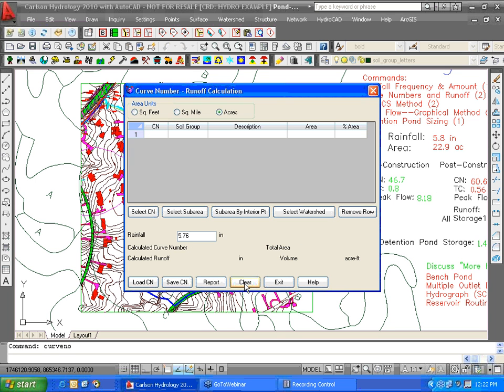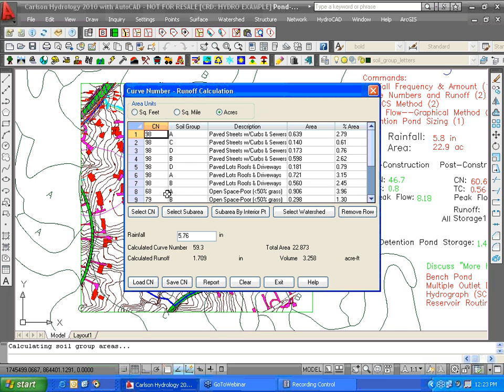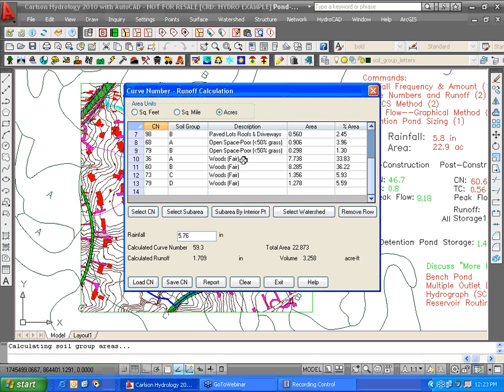So we clear what's there and then do a much more automatic thing than the one-by-one interior point pick. We do the select watershed approach. We hit select watershed, look at the command line, perimeter or interior. I hit enter for perimeter and perimeter watershed. It calcs, it's doing all this sort of GIS level cutting in just a split second,